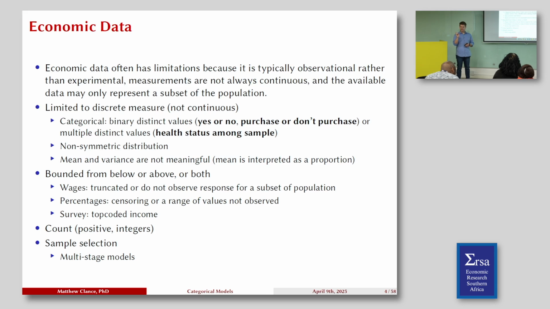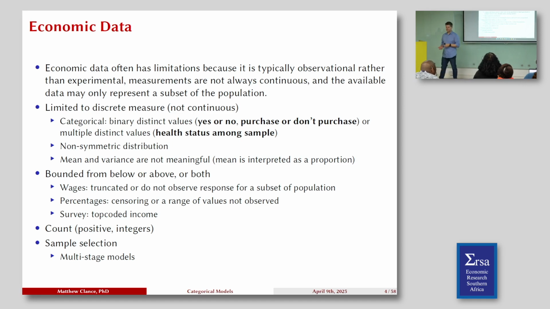Okay, so there's just a lot of adjustments that we make for those. We can also look at percentages, think about censoring or ranges of values not observed. Those are another case. The survey I've already sort of talked about top coding. Also, how many of you have ever used some type of variable that's a percentage as your left-hand side variable? Usually a lot of people do that,